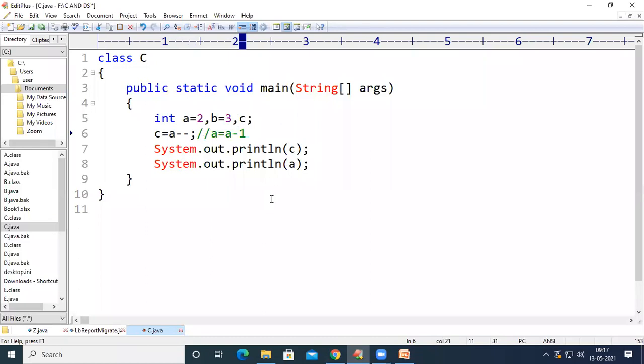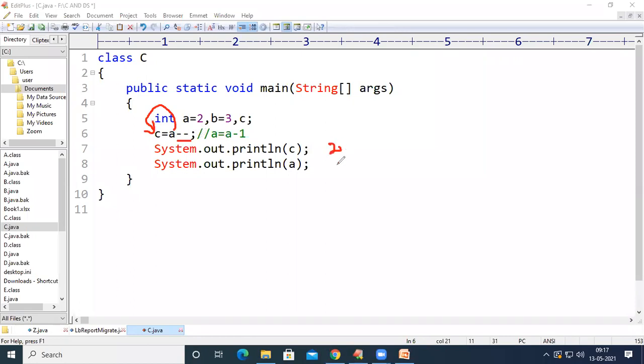So see here, initially A will be assigned to C, so 2 will be stored inside C. After storing the value 2 in C, now 2 is going to get decremented by 1. So now the value of A will become 1.